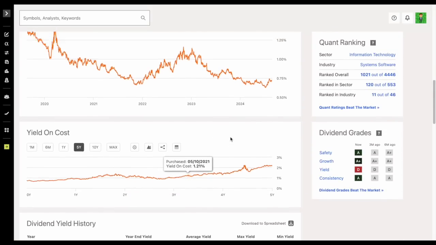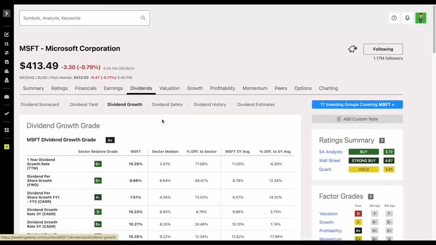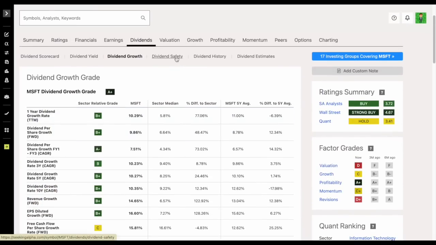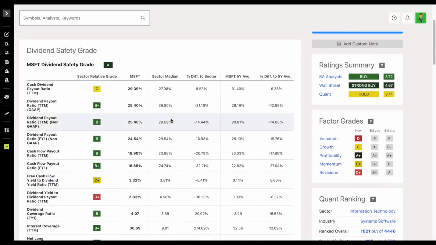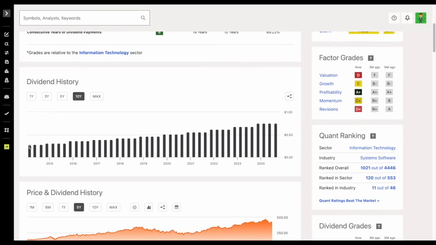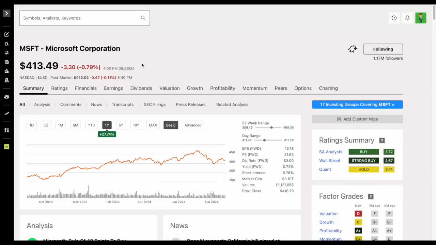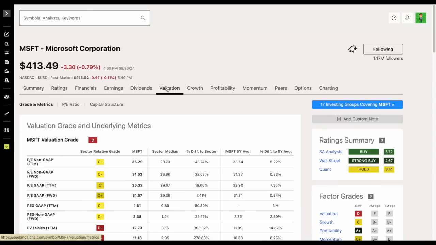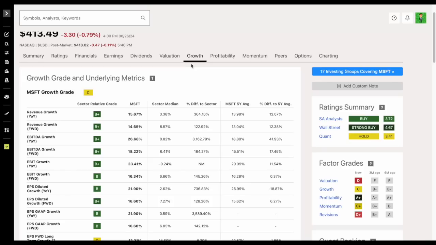Things like dividend yield on cost. Of course, I also want to see dividend growth, and then I can get very in-depth dividend safety metrics. The same is true with dividend history. I can see what those dividend payouts look like and if they've been growing over the past few years. There's tons of other features we can quickly see at a glance. For example, I can see valuation metrics, I can see a bunch of different growth metrics,